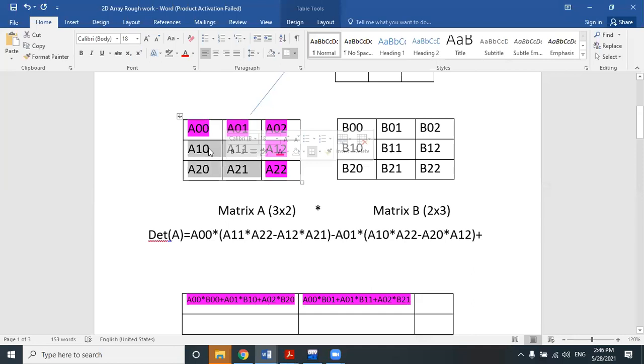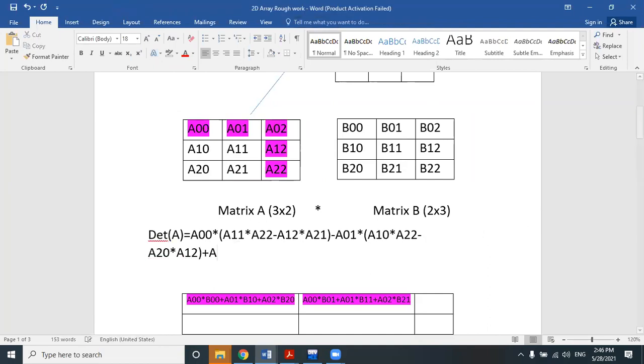We will do cross multiplication among these 4 elements. So what is our next multiplier? A02 is our next multiplier. It should again be cross multiplication, left to right: A10 into A21 minus A20 into A11.